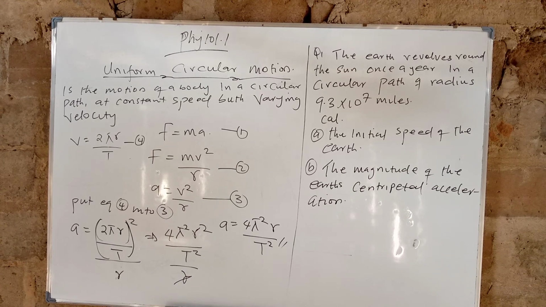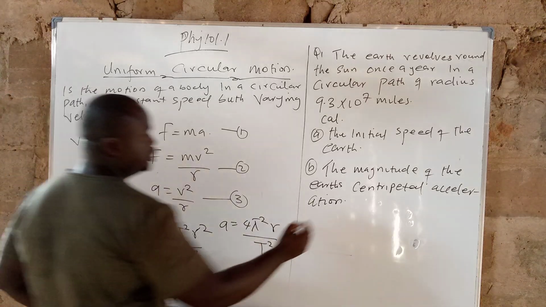Now we are back. The first question here is: the Earth revolves around the Sun once a year in a circular path of radius 9.3 times 10 to the power of 7 miles. The question is: calculate the orbital speed of the Earth. And the second one is the magnitude of the Earth's centripetal acceleration. And that is the reason why I spent time trying to prove this. Now, of course, via solution,